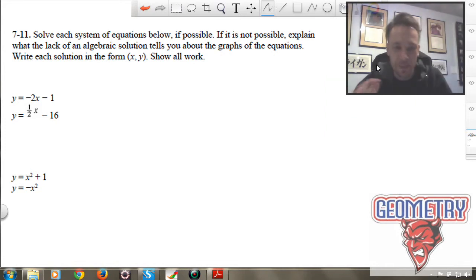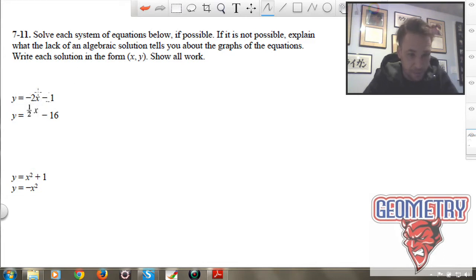This is Unit 7 in regular geometry, working on question number 11 here. Looks like we have some systems of equations that we're asked to solve, if possible. And if we can't, we have to explain what the hang-up is and what it means about the graphs. Okay, so this first one, we get y equals negative 1/2 x minus 1, and y equals 1/2 x minus